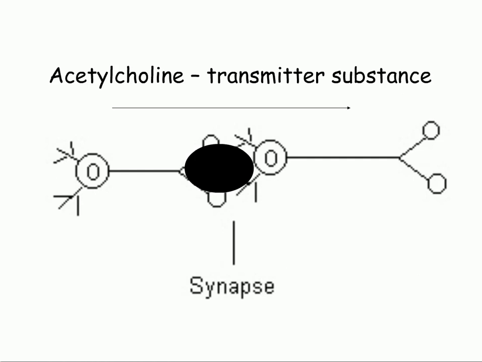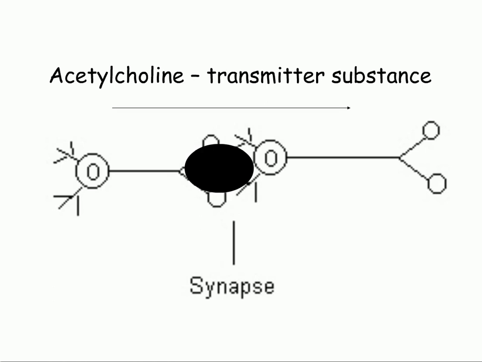Because if there is a neuron pulse transmission that travels along neuron number 1, it needs to get to neuron number 2 in order to make some type of response. How does it get across if it has this gap? Basically, it needs a type of transmitter substance, and in the case of insects and even humans, this is called